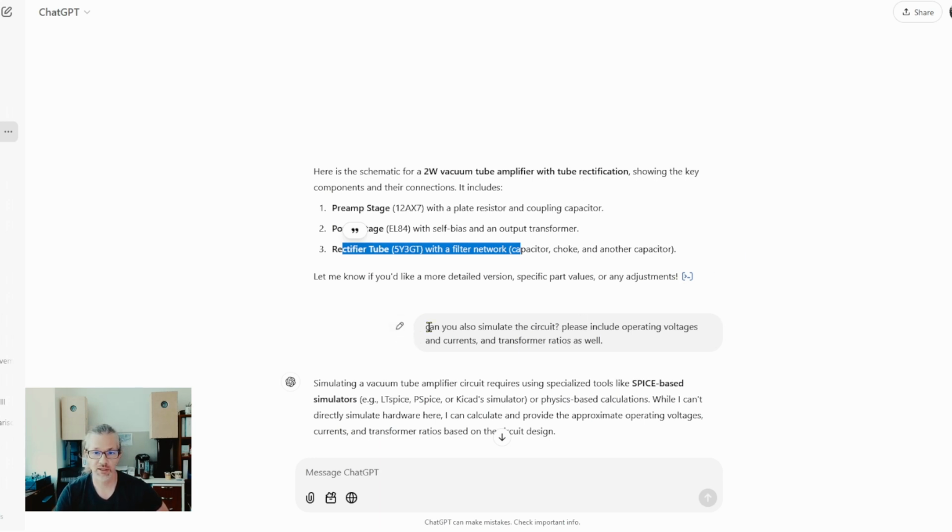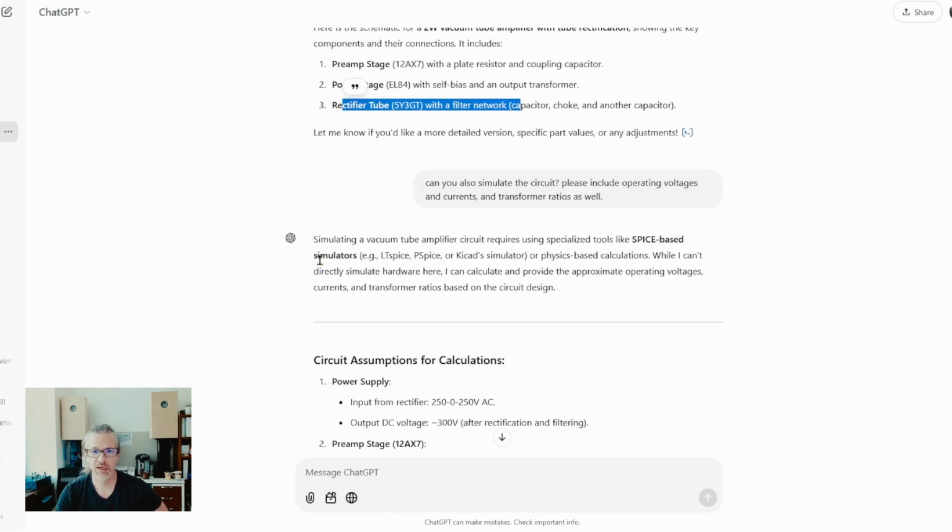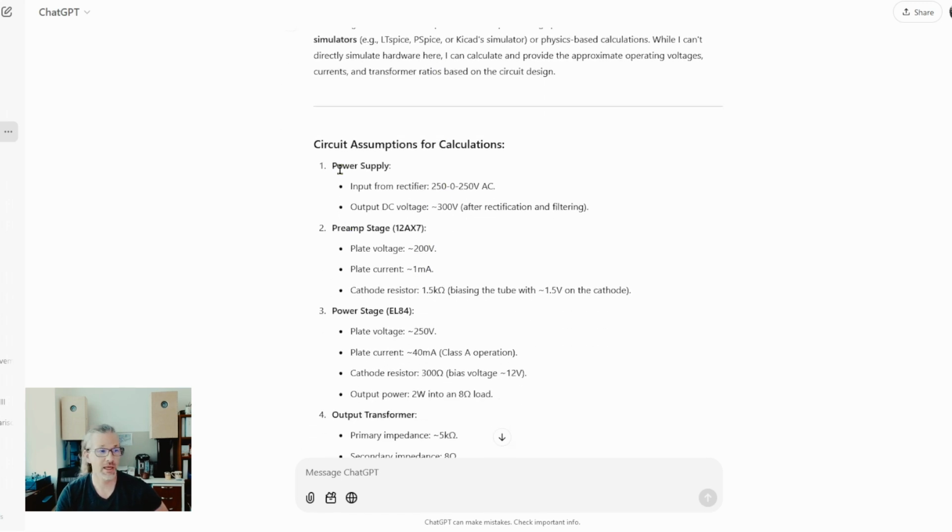And I added, can you also simulate the circuit, please include operating voltages and currents and transformer ratios as well. And then it says, I won't read this aloud, I don't want to take time for that, but anyway, it gave a little bit more details. So input from the rectifier, no, at the power supply, it's input for the rectifier. So the causality is mixed up. This is coming from the transformer, the 250 is going from the transformer to the rectifier, and the DC output voltage